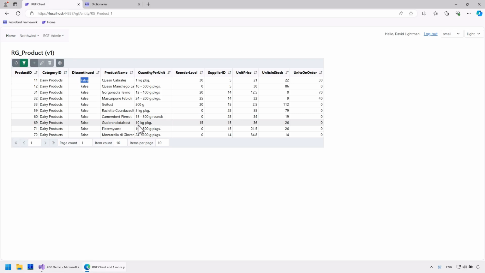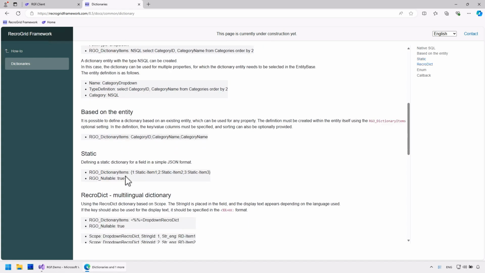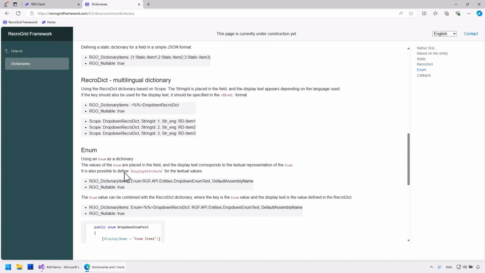Everything works perfectly. These were the dictionaries created directly from the existing database.